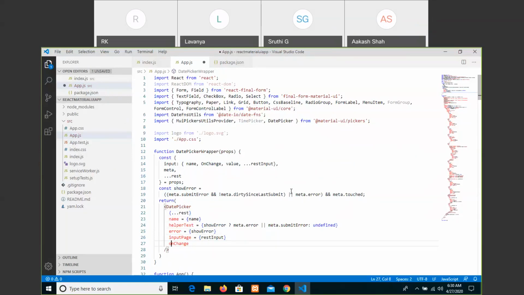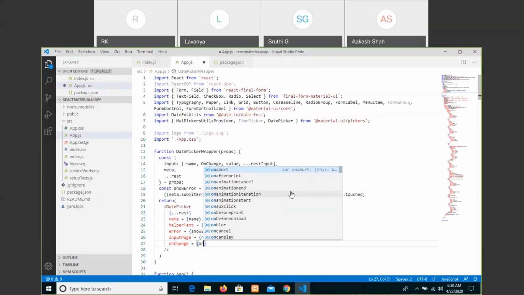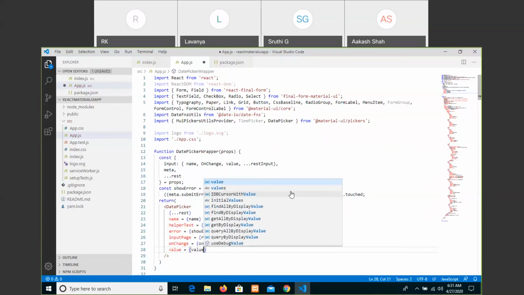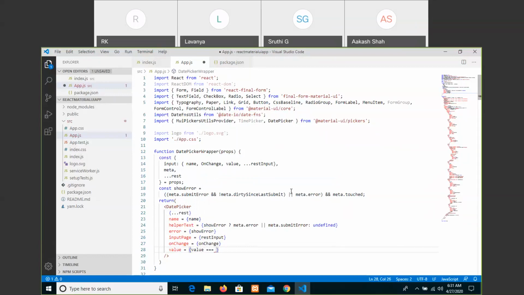These are all the components when the user is clicking in the input element. If the user is selecting OK, it will show that output. If the user is skipping the selection of a date, then we are showing the error messages, onChange, and finally the value, which equals, if there is a value, nothing else to show.